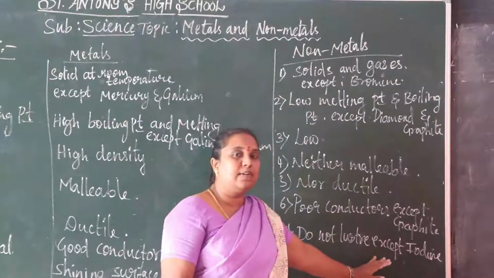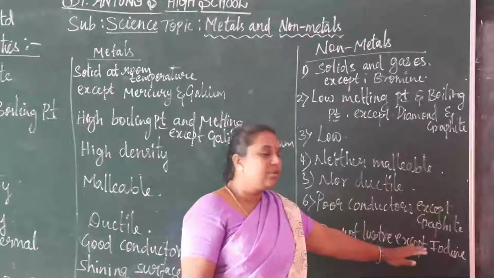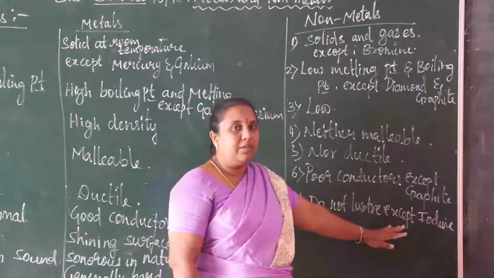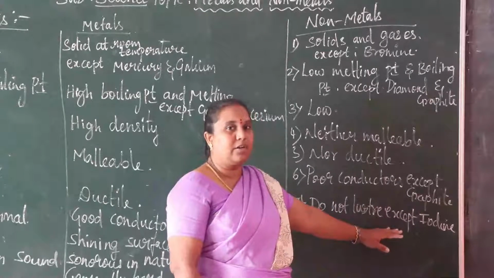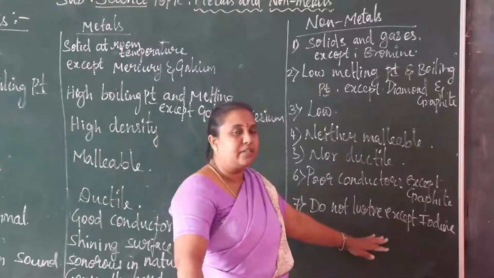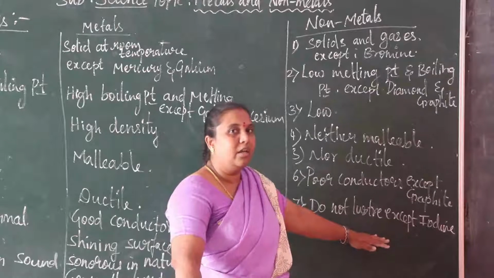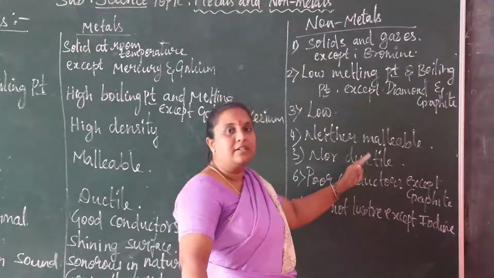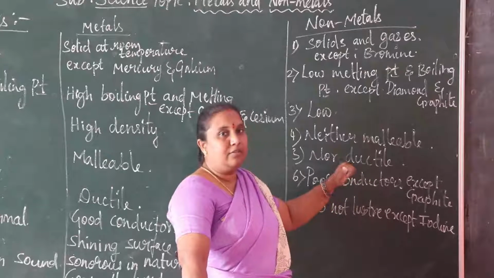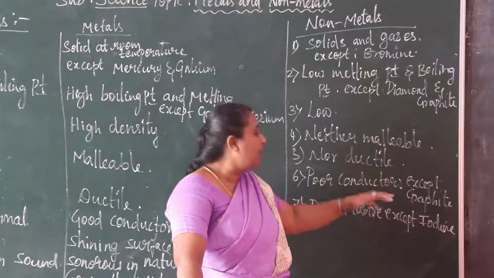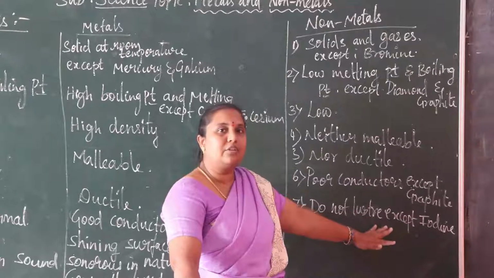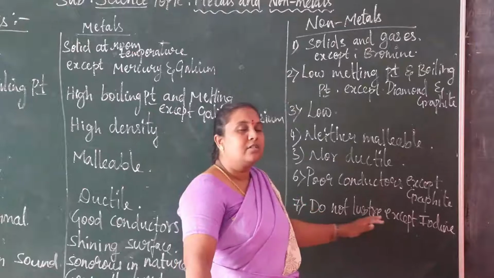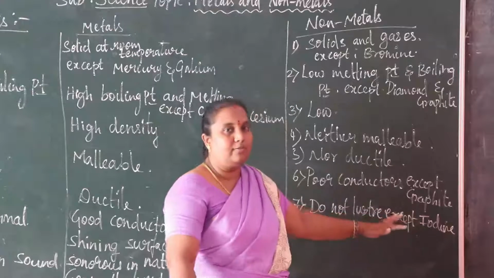You can get this as a 1 mark question, so it is very important. Which is the lustrous non-metal among the options given? You have iodine, bromine, and diamond, so you can get confused. Diamond is a lustrous non-metal and iodine is also a lustrous non-metal. Compared to diamond, iodine is very lustrous. So iodine is the lustrous non-metal.